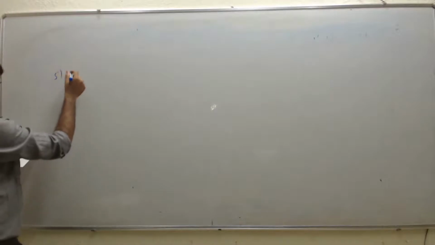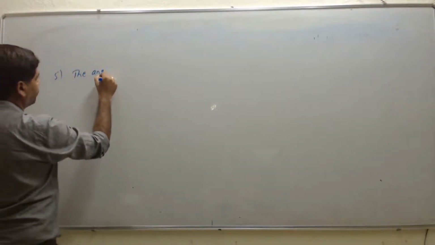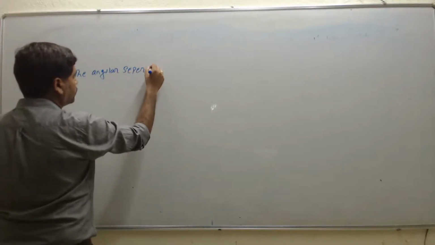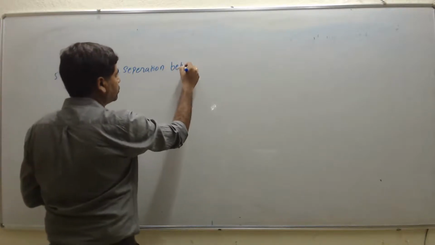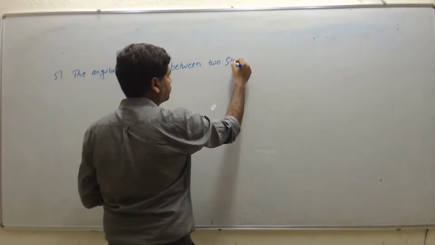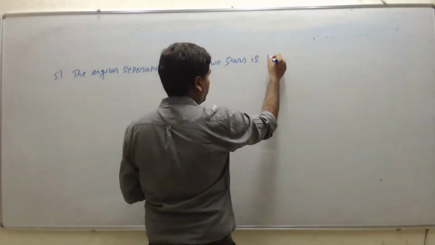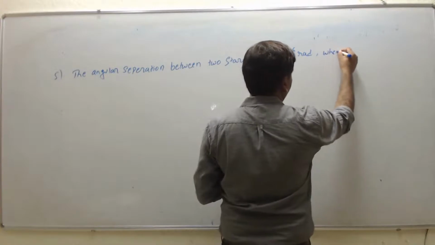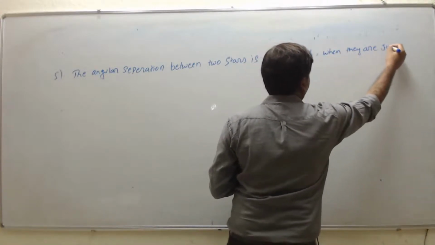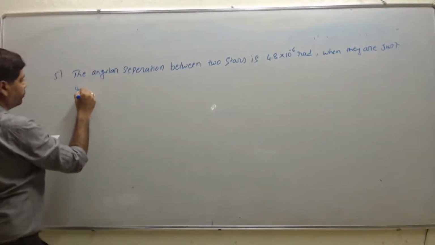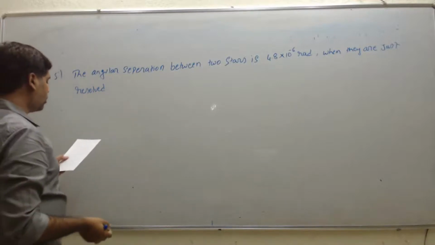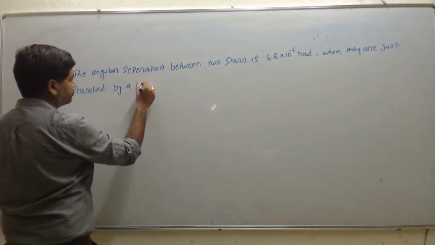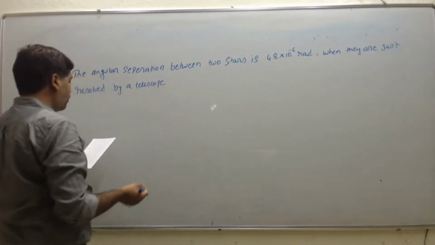Move on to the next question. Fifth: the angular separation between two stars is 4.8 into 10 to the power of minus 6 radians when they are just resolved by a telescope. Find the resolving power